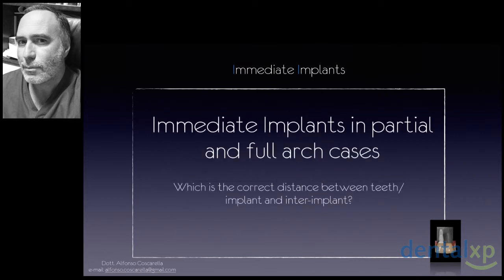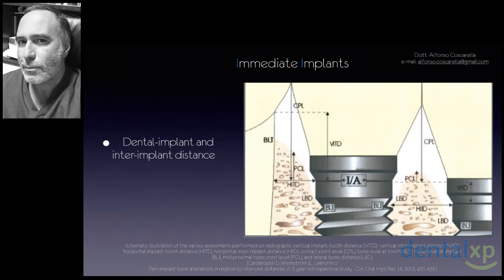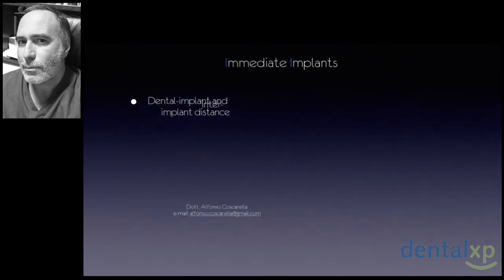And now I will start by proposing the following question. Which is the correct distance between tooth and implant, and implant and implant? The answer: in the literature there are several papers about this topic, but the most important one was written around the year 2000. The work of Caradaropoulos and co-authors at Göteborg University concerned the peri-implant bone alteration related to inter-unit distance. A 3-year retrospective study indicates